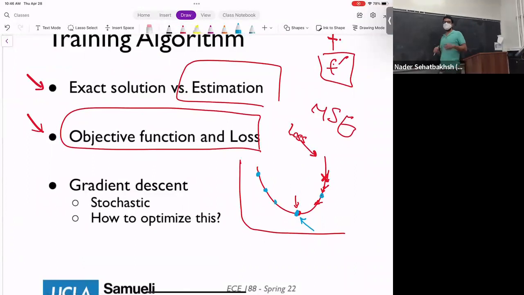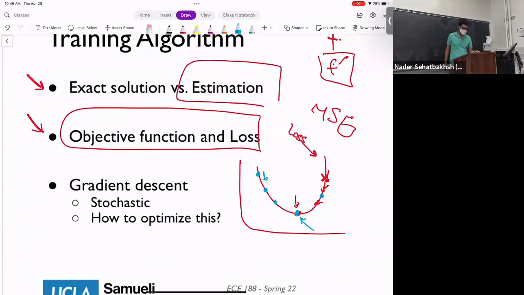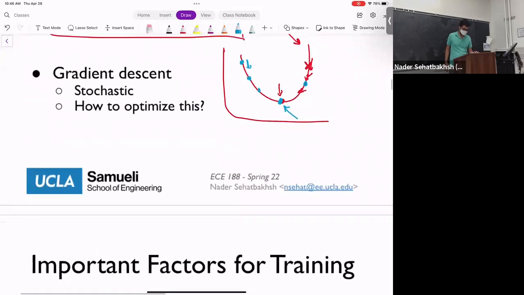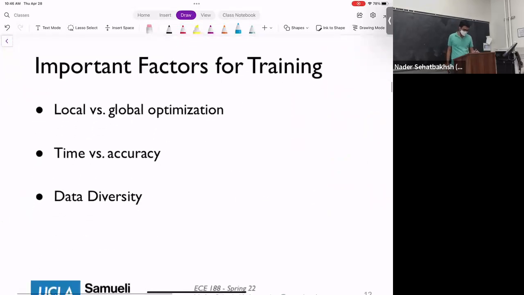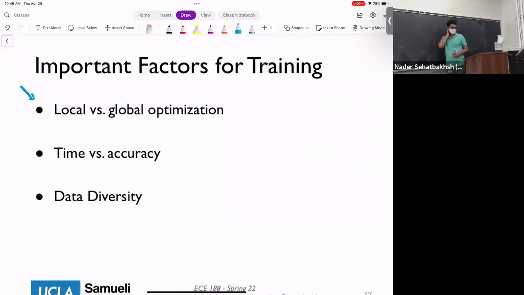How exactly it works requires some more knowledge that I don't want to talk about. There is a huge amount of work on how to optimize this. What is the right step size? Where is the right beginning size? What is the right algorithm, and so on and so forth. But that's the entire field of machine learning, which we can't cover in this one lecture. Okay? So I talked about this point, local versus global.